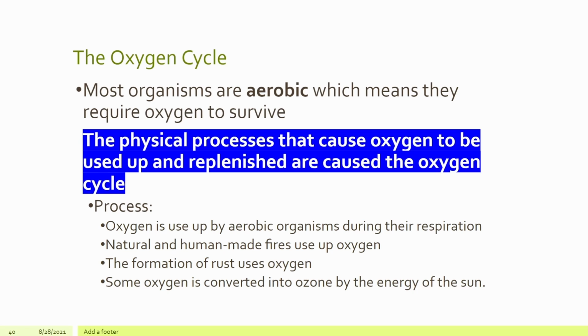So we have numerous processes that are utilizing or taking in oxygen, burning it up, using it to make something new, or doing a chemical reaction or change. And these processes don't always re-emit the oxygen in the same capacity. For example, oxygen that is used up by aerobic organisms during cellular respiration is converted into different chemicals. Some of it ends up in CO2, or carbon dioxide, which then is released or breathed out.